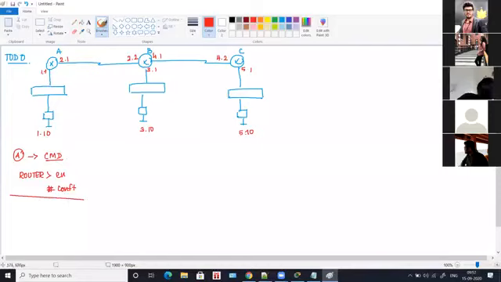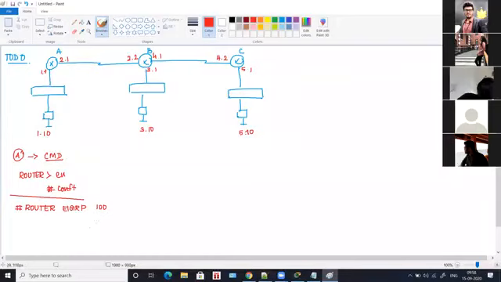Now what you have to do is type EIGRP commands. The steps: first you have to type router and then type EIGRP, and you're going to give a number. I'll give 100. So this 100 is your autonomous number.